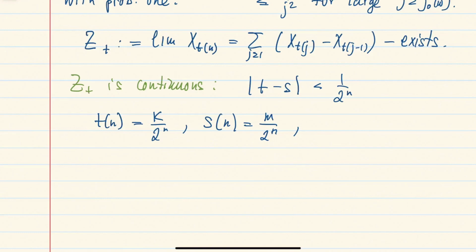Either they are the same or they differ by 1. Okay, so in particular, they are neighbors, so the difference at those times will be a link at the dyadic level n. And so if you represent the difference of this process at time t and time s just using the triangle inequality,